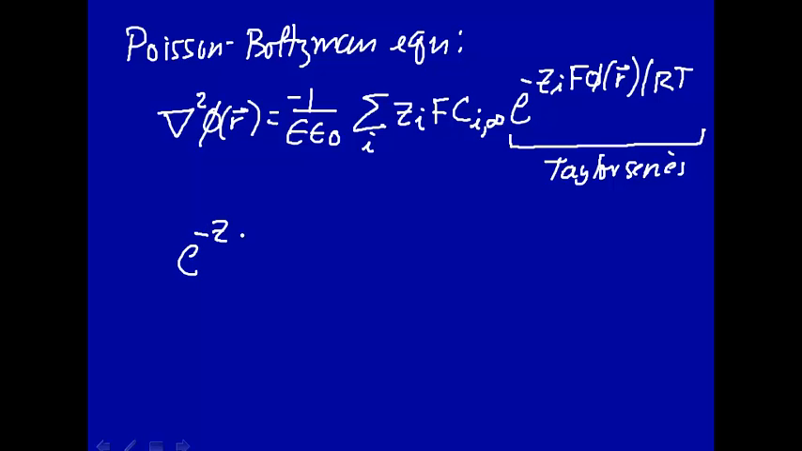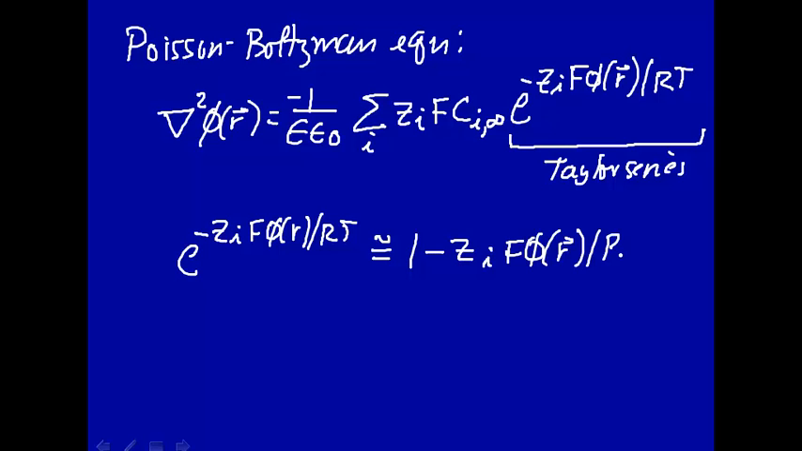We're going to expand this exponential here, e to the z_i F phi of r over RT, to two terms. So it's 1 minus this, 1 plus x squared over 2 and so on, but we have this minus sign there, so it becomes 1 minus z_i F phi of r over RT. So there it is, expanded just to the first two terms. What this means is that you have small energies up here, or small potential. All right. So if that's the case, then you can just take the first two terms